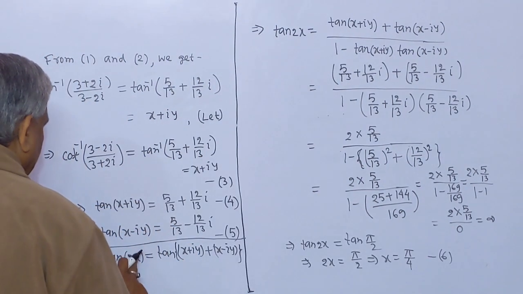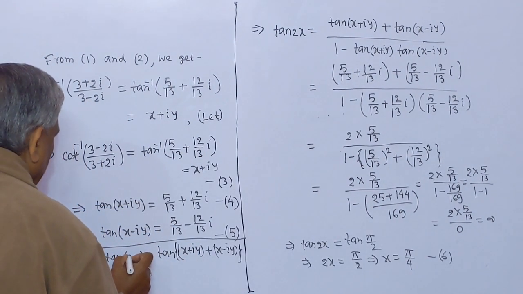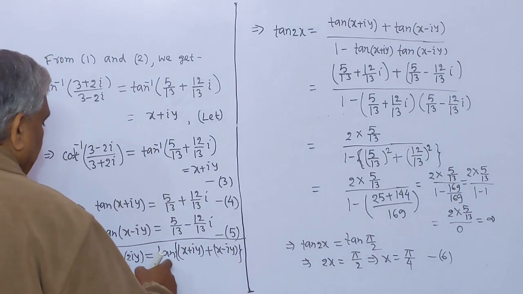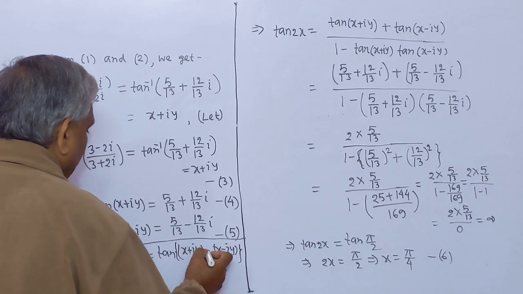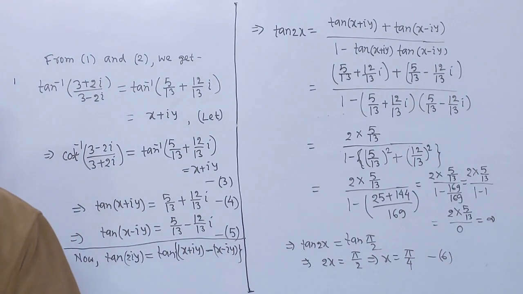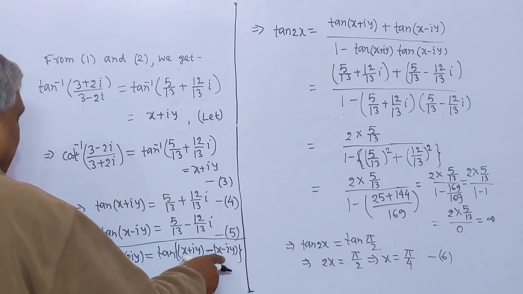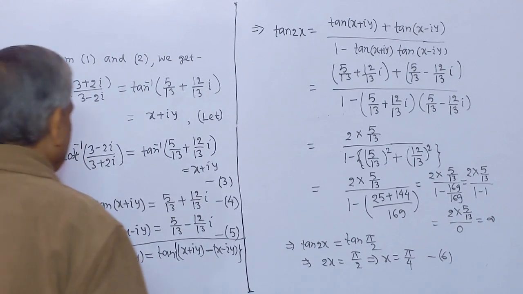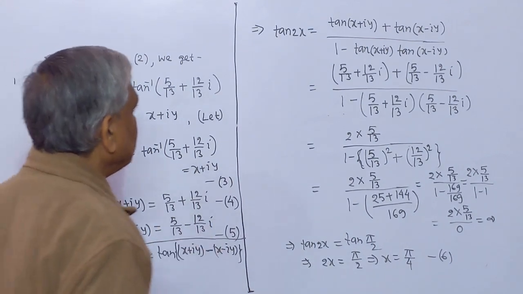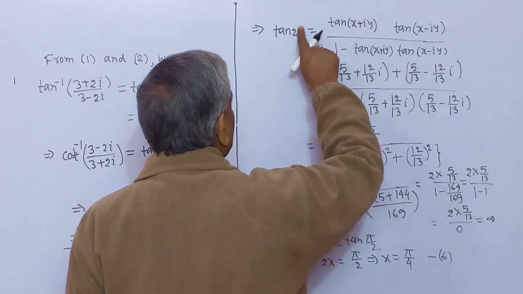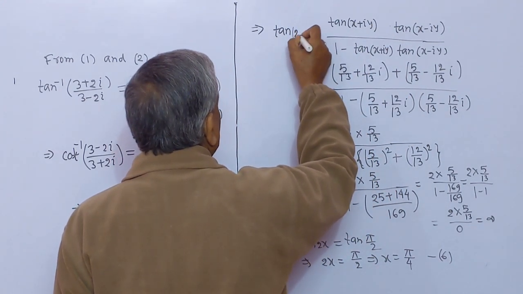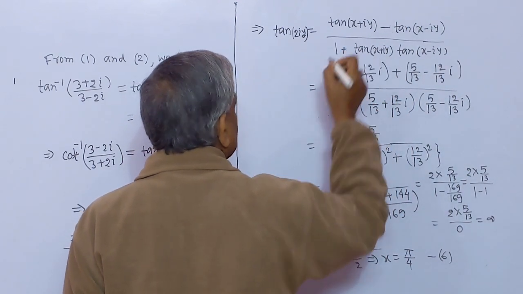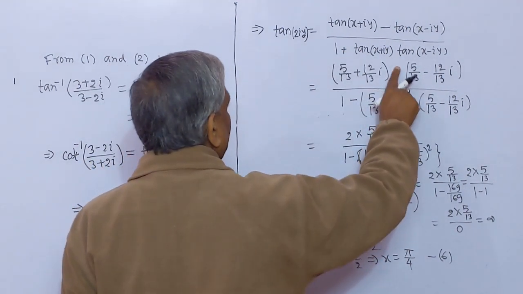Now tan 2iy equal to tan of (x plus iy) minus (x minus iy). Here x and x cancel, and here iy plus iy gives 2iy. So tan(a minus b) is (tan a minus tan b) by (1 plus tan a into tan b). Here minus, here plus,